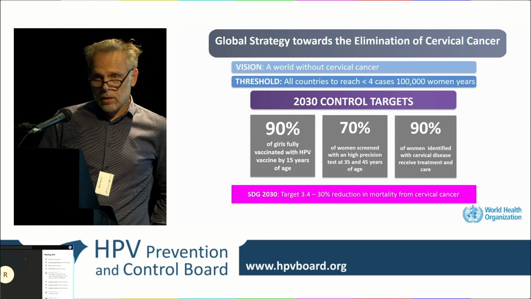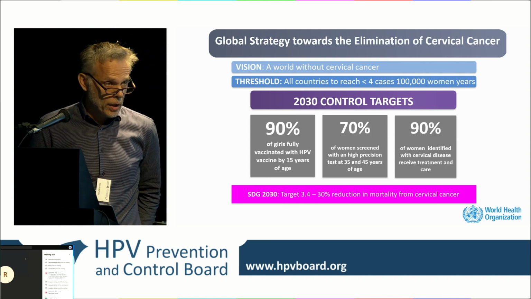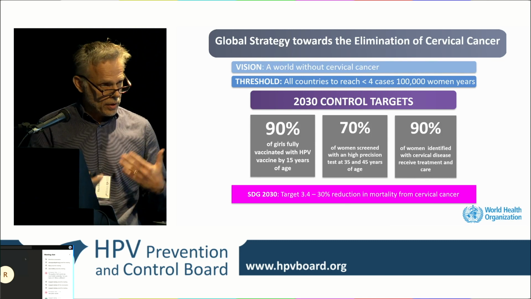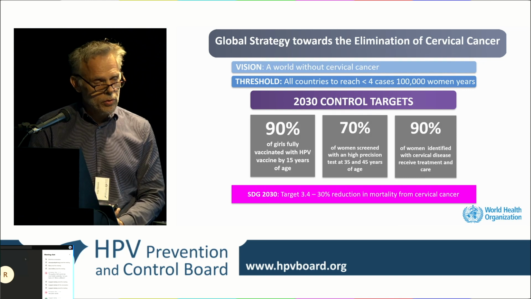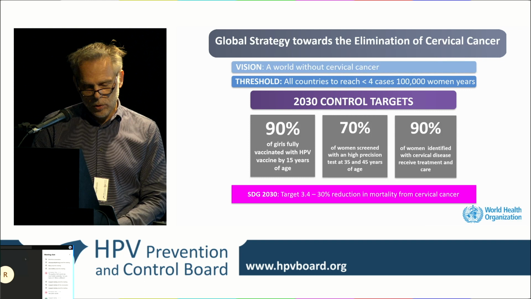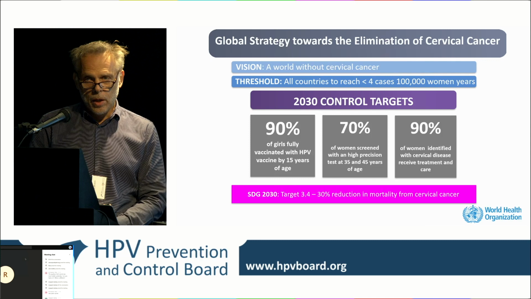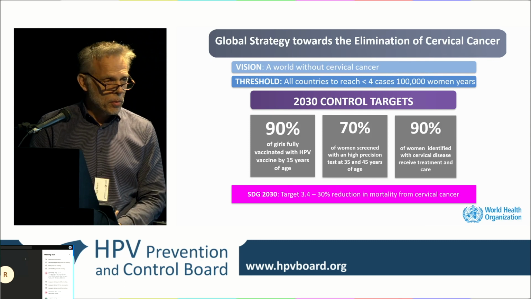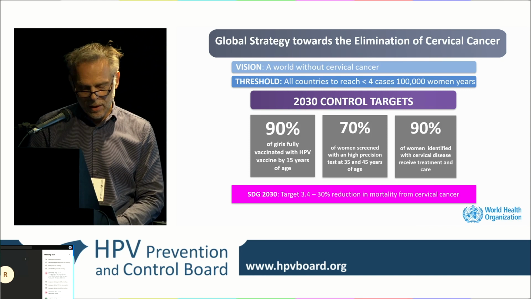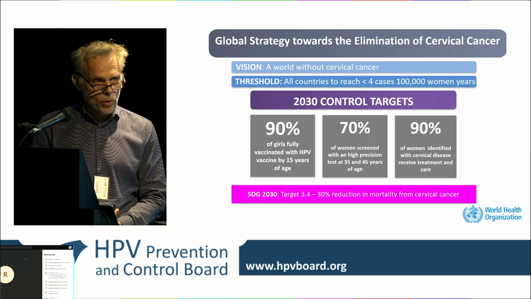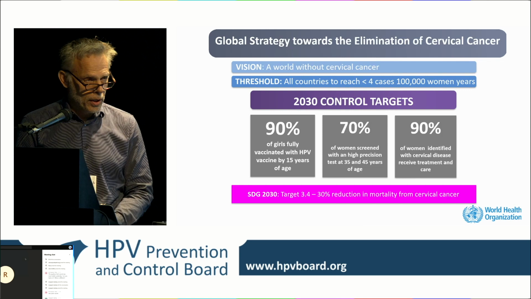So all of this kind of confirmed the targets that we had been proposing, that partly went into the models and were later confirmed by the models, and that we have now also discussed with all countries in the region. These will become the 90-70-90 targets, partly chosen this way because they remind some other people in the HIV field of the 90-90-90 targets that they have, and that seem to be useful in practical planning and remembering what we are waking up for in the morning and start working for.